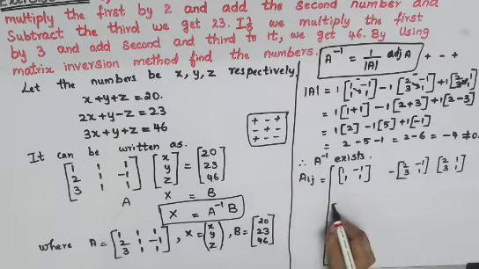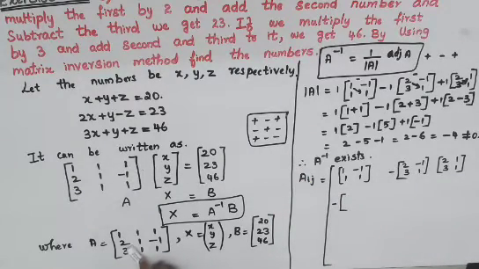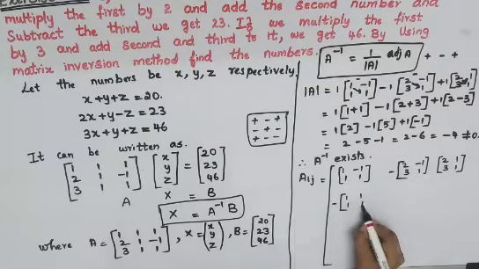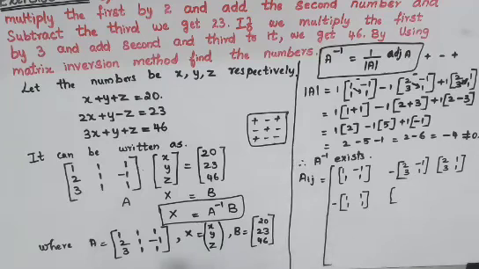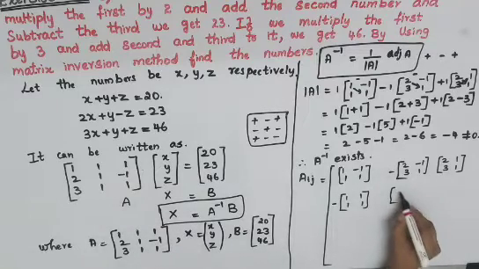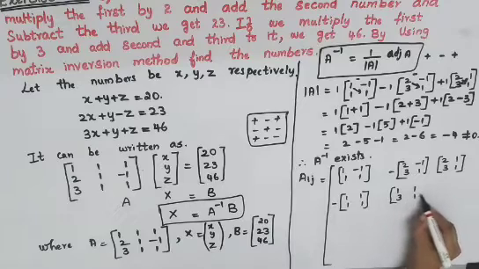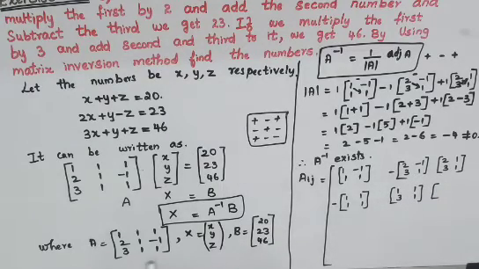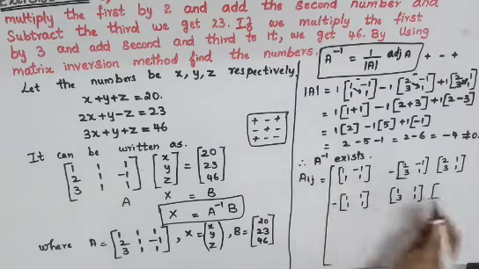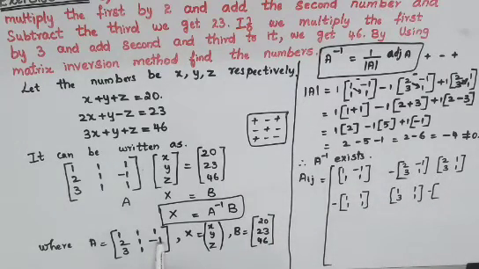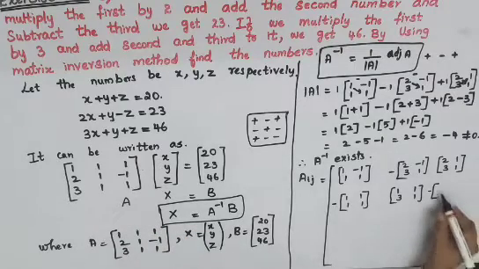Then minus, so put your minus, open your bracket. For 2 you will have to find the minor. So removing the row and first column, you will get 1, 1, 1, 1. Then open a bracket. Minor of this one you will have to find it. So remove second row and second column. You will get 1, 1, 3, 1. So minor of minus 1 you will have to find it. Before that you have got minus. So insert your minus. So minor of minus 1 is removing that column and second row. You will get 1, 1, 3, 1.